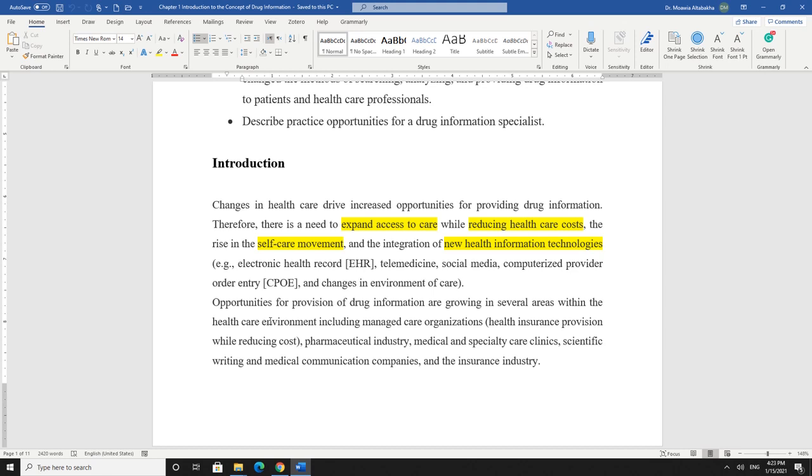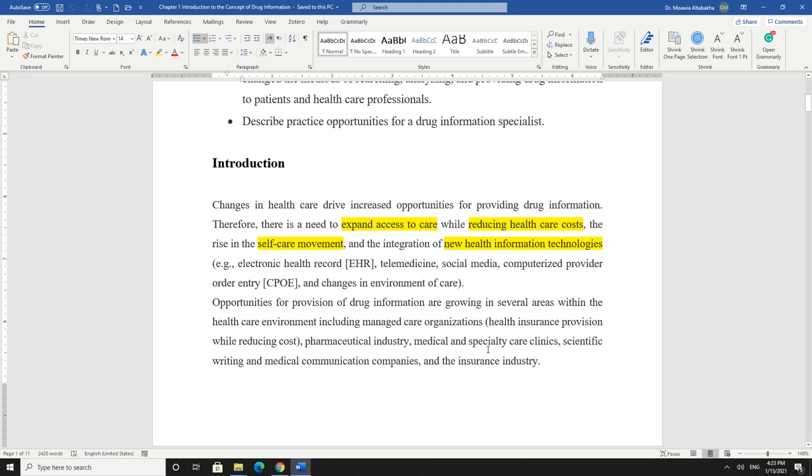Of course, what has been introduced in probably the last 40 or 50 years is that now we have technologies that support the provision of information. With technology, for example, the internet is not only for the pharmacist, but it's open also for the public, and that's why we need to be aware. And as I told you, any information we get, especially from the internet or from social media, we should consider as false unless proven accurate.